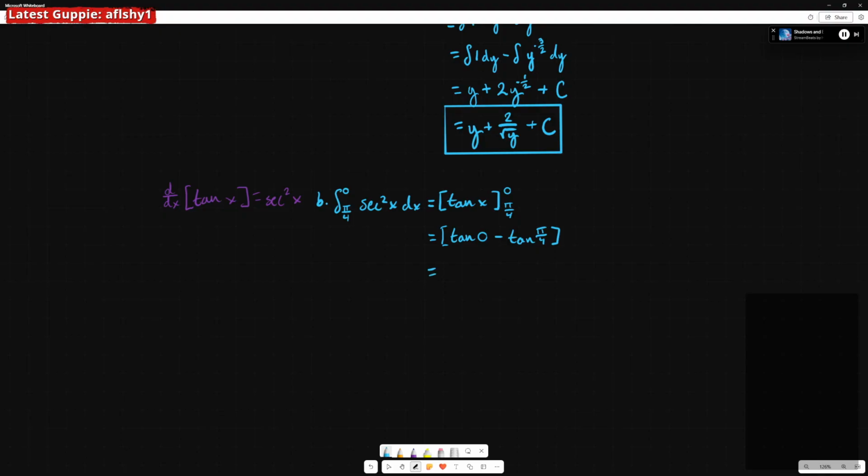Which is equal to tangent of 0 is 0 minus tangent of pi over 4, which is 1/2. No. It's not 1/2. It's 1/4 because